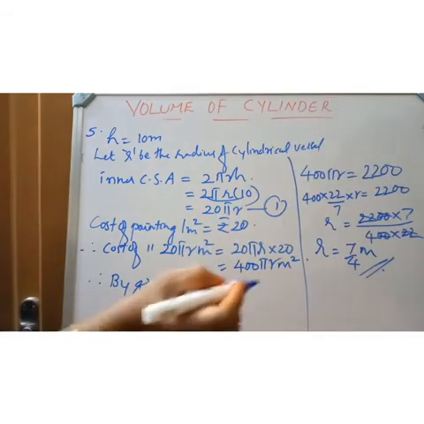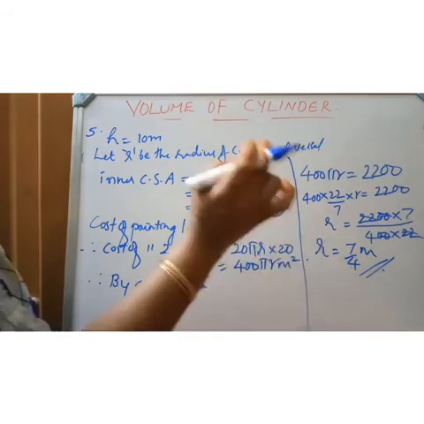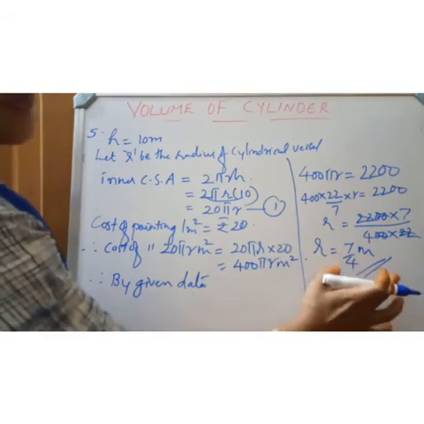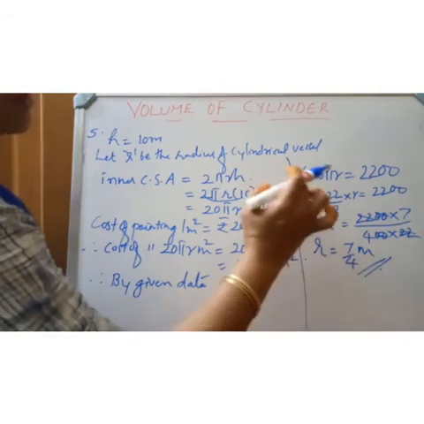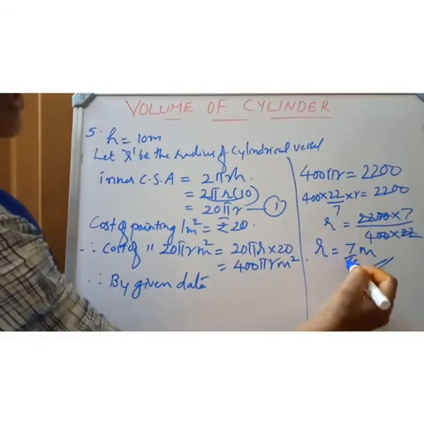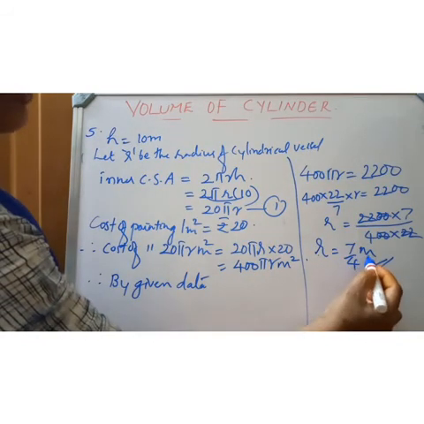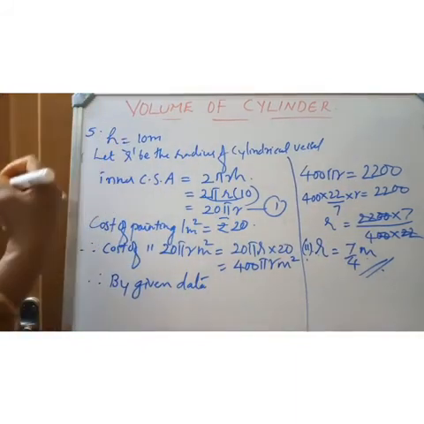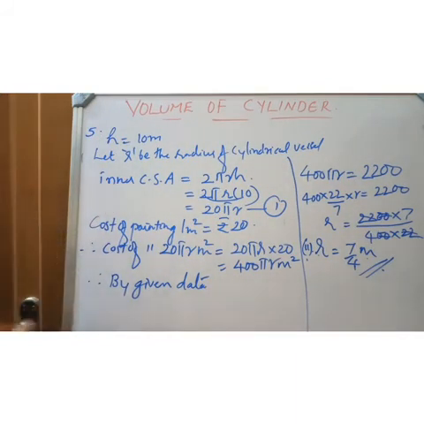So the part of the question we got. Sorry, the second part is where they ask you to find out the radius. Actually, the radius part we must find out first. After finding the radius only will we get the curved surface area. Okay. So r equal to 7 by 4 meter. This will be the answer for the second subdivision of your question. Then what is the first subdivision?